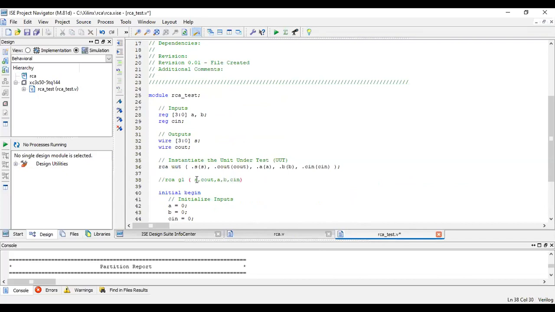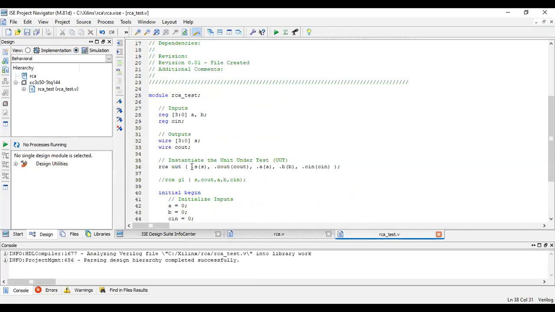If you make variations in this order, it will not work. So you should write in the same order, which means that this S is mapped to this S, Cout is mapped to Cout, A is mapped to A, B is mapped to B, and Cin is mapped to Cin. That's why we write this. Or else, using this, you can do perfect mapping if the order is changing.